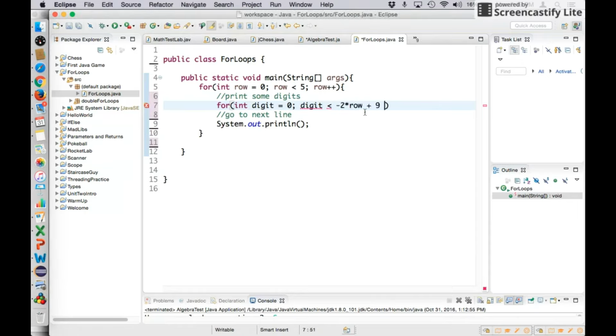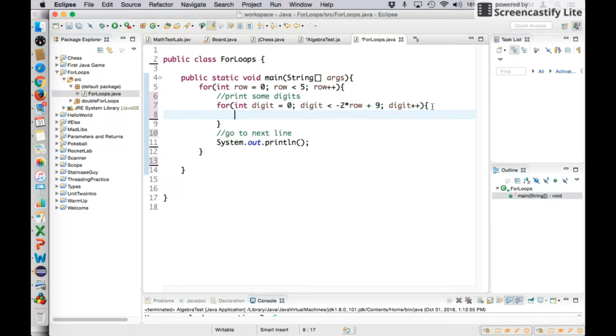Remember, it just depends on what row we're on. Depending on what row we're on, that's going to change, and it's going to give us the correct number of digits. So we did all that math. This will print the correct number of digits depending on what row we're in. And the digit to print now,